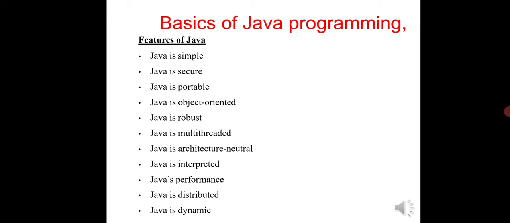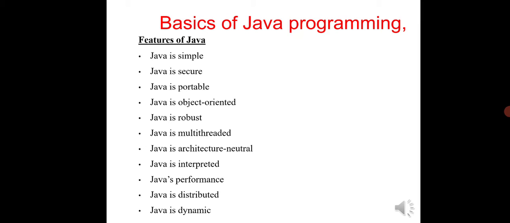These are all the basic features of Java. Java is a simple one. It has a very simple syntax. Java is a secure one. We can use the Java programming language for banking purposes and all. Java is a portable one. We can embed our Java into any language, so it is a portable one. Java is a fully object oriented language. Object oriented in the sense Java is full of classes and objects.